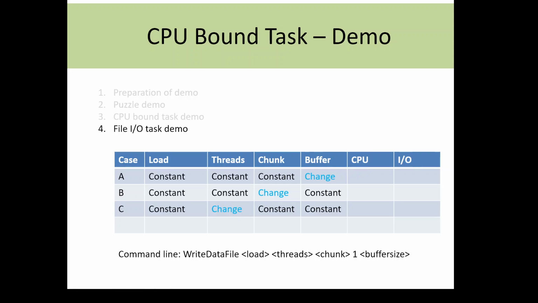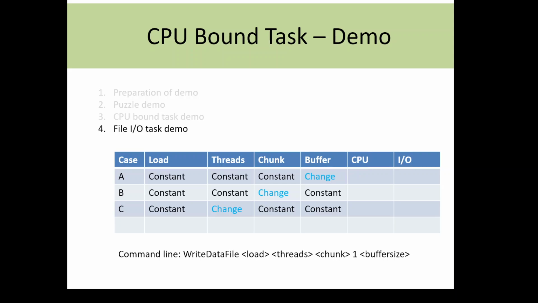Now let me explain the command line arguments. Command line arguments are in the Java file, and the first argument is the load. We'll be going with a load of around 10 million. Then threads, how many threads? So initially for A and B we'll be going with 1 or 2 threads, and then the chunk, we'll be changing the chunk, and this argument